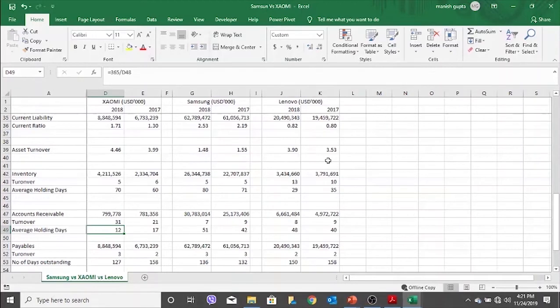So if we assume Samsung and Lenovo have the same business model, that they offer credit and installments, in that case Lenovo is better because they only have 48 days. But the difference is not really that significant. 48 and 51 days is not a really big difference. But if you compare to Xiaomi, and if we assume Xiaomi has the same model, then Xiaomi is doing a much better job. Correct?